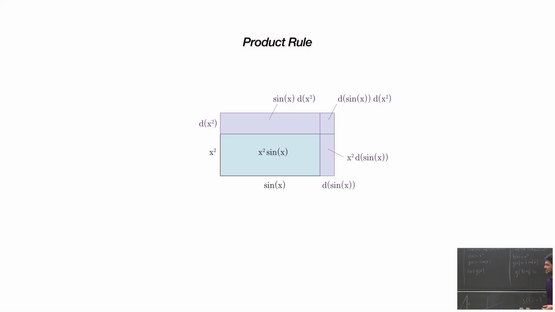As I told you, the derivative, in the geometrical sense, is this additional area divided by what caused it. And what caused it is dx, yeah? So we simply need to multiply the things that we see on the screen and divide them by dx. The top one is sine of x plus d of x squared. The right one is x squared times d of sine of x squared. And the one on the top right is d of sine of x times d of x squared. Yeah?